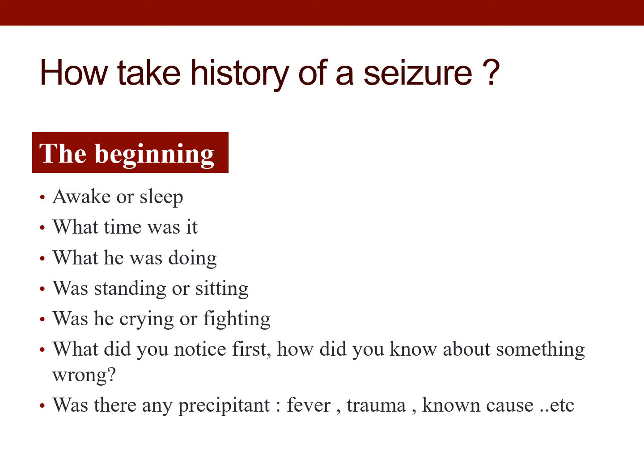Remember that part of the definition of epilepsy is to exclude precipitants, and that's why you need to ask about the fever, the trauma, any metabolic disorder, any known disorder. Like for example, our case of Amina, and she is diabetic. If she starts having seizures, the first thing you would think about is hypoglycemia, hyperglycemia, hyponatremia, blood pressure, and so on. And then if you exclude everything in the world, then you may start thinking about epileptic seizure. So it's very important to realize what are the causes below seizure.